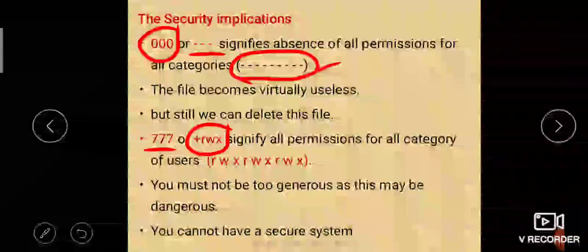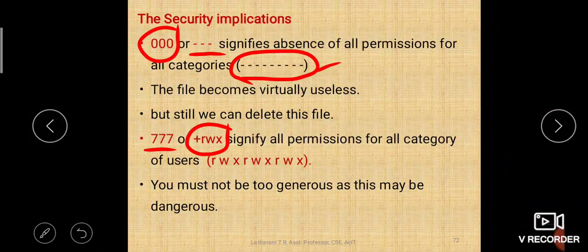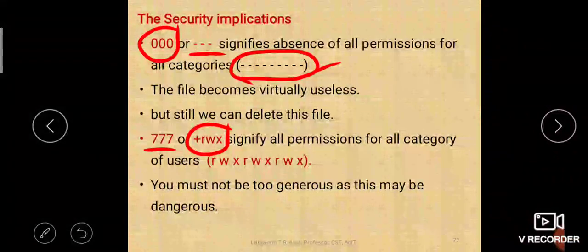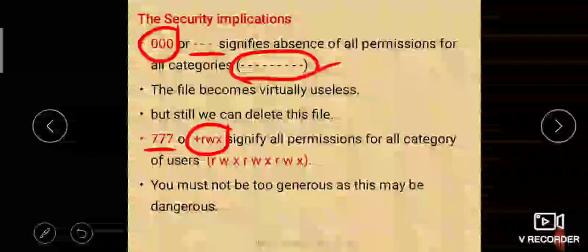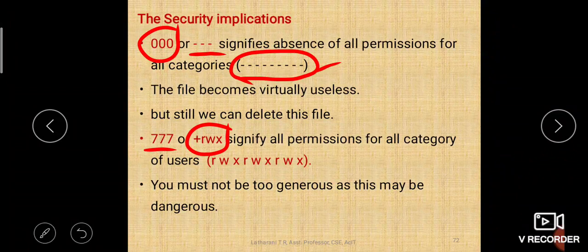So you must not be too generous, as this may be dangerous, right? If you give all permissions to all categories of users, that may be dangerous to your file. So you should be very careful while giving write permission for group and others. User means you yourself have created the file, so you can modify it.